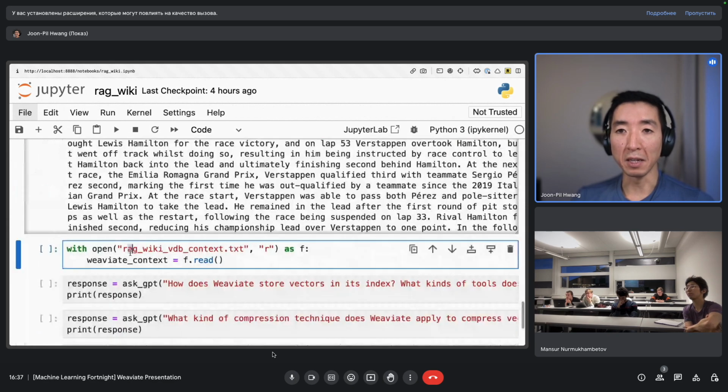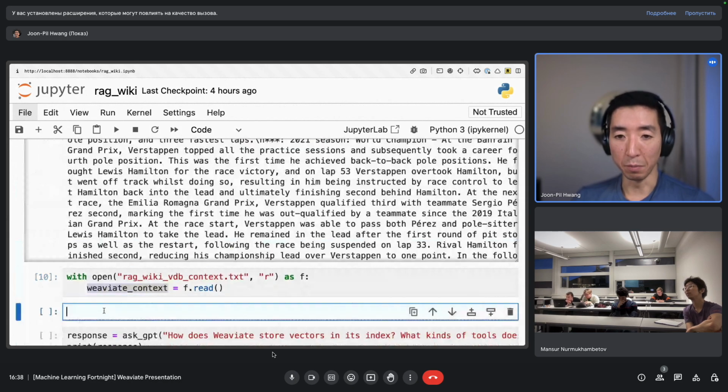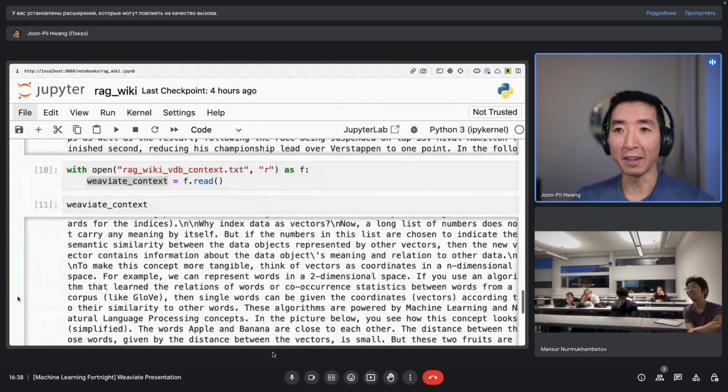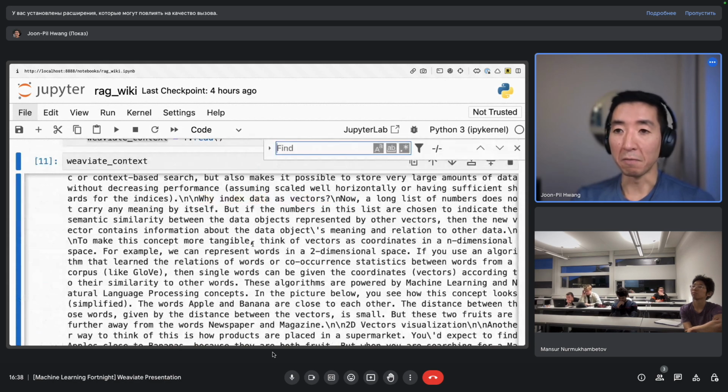And I can do the same thing with Weaviate. So I can say, load up this Weaviate context, and I can bore you with all the technical information from the Weaviate website. It's from one of our pages, right? So why index data as vectors? And if I look for the word compression,